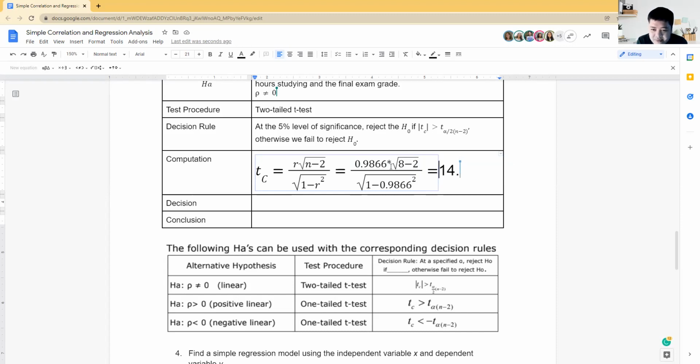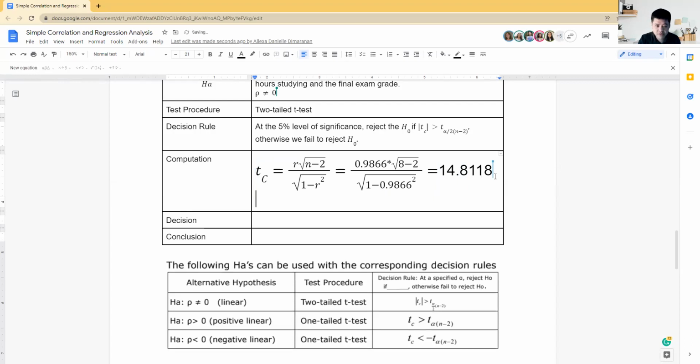It's quite large, no? Alexa says it's 14.811. Is there nothing after that? 8? Okay, sige. Give a thumbs up if you agree with Alexa's answer, if you got the same, or if you're still computing. The next thing we need to do is to get the value of the